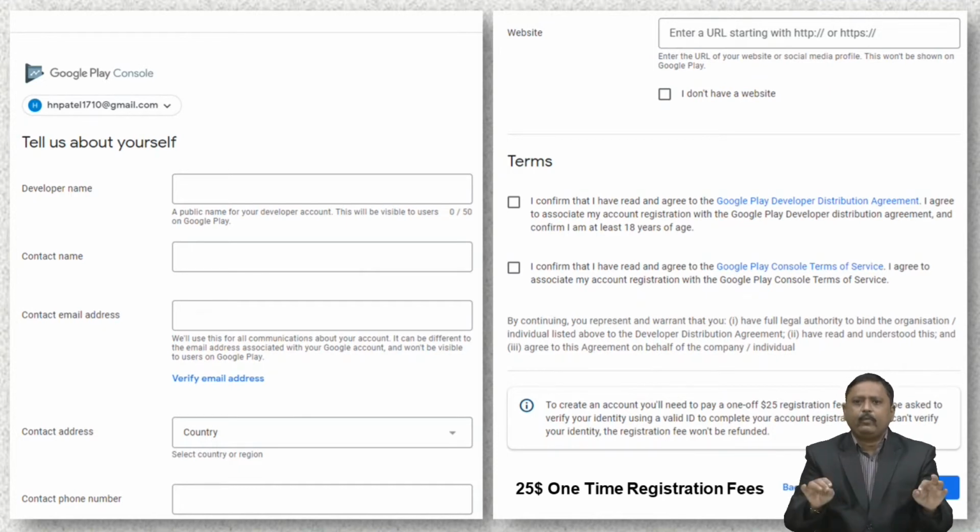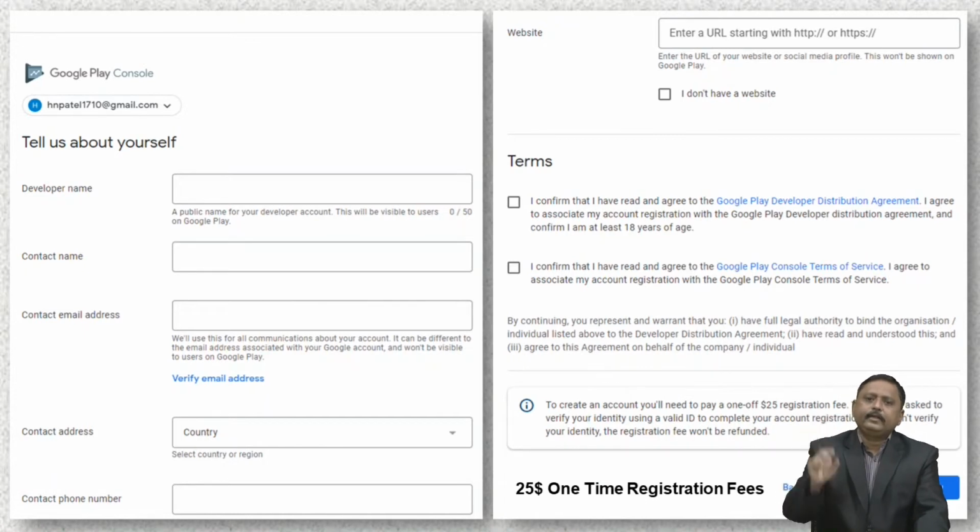I didn't have a website, and after that you have to accept the terms and conditions, which say I confirm that I have read and agree to the Google Play Developer Distribution Agreement, and I confirm that I have read and agree to the Google Play Console Terms of Service.